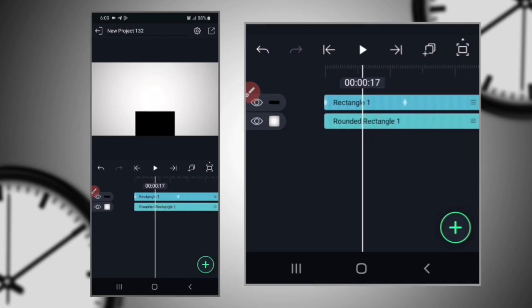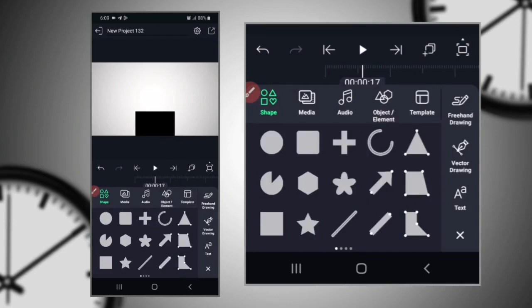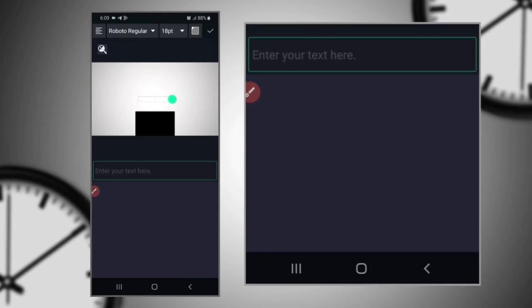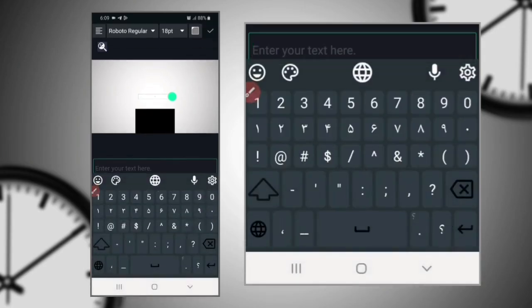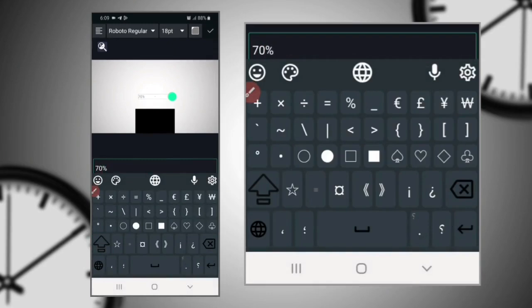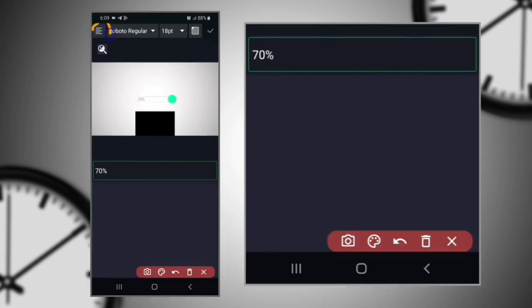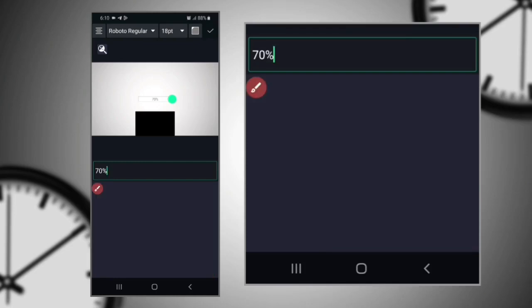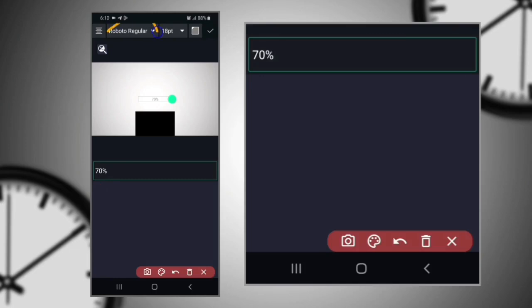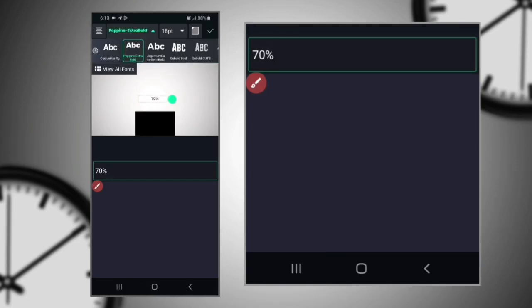Then simply click again on the plus icon here and then click on the text option here and type the value here. For example, I want to type 70%. Then first of all, click on this icon here to set it at the middle part like this, and now click on this option here to change the font of the text. For example, I want to give it this font,